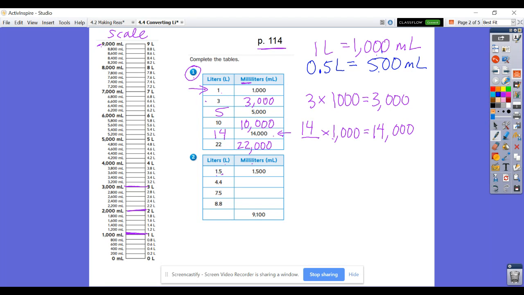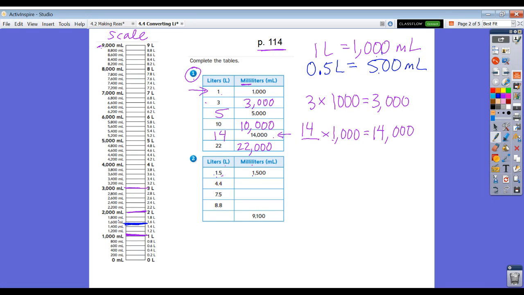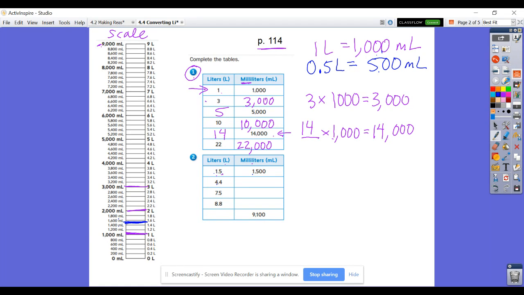Okay, we're going to apply that knowledge now. So they told you that 1 5/10 liters is 1,500 milliliters. You can also see that on the conversion chart. Oh, actually, it's not listed, but we could visualize it right in here on your conversion scale, right? Between 1,400 and 1,600 would be over there. So let's try another one of these. If I have 4 4/10 liters, well, I know the 4 part's going to be 4,000, and then this 4/10 is not quite a whole, it's just 400